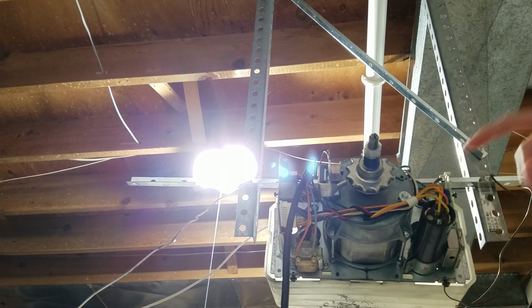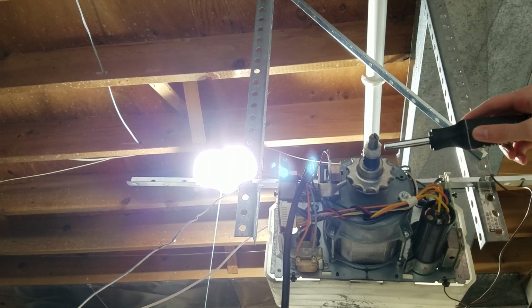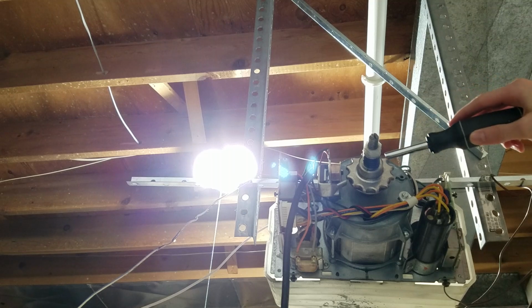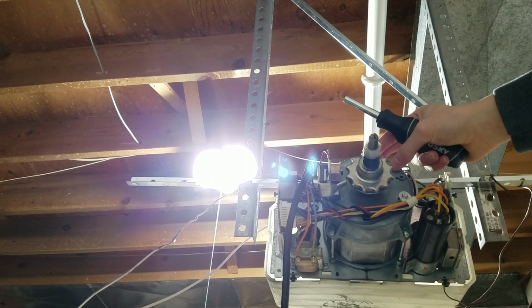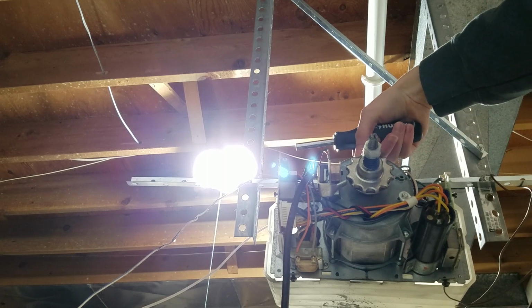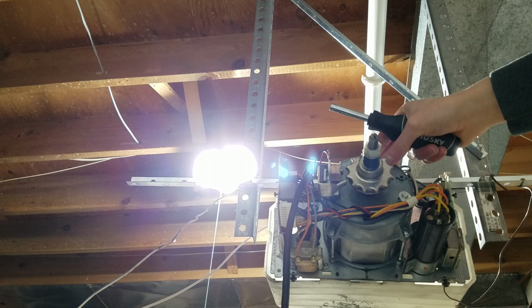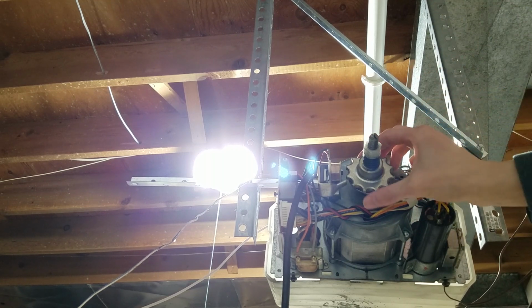The same deal for this board. The motor itself, the big problem on these is this back piece here, which is called the end bell. If you have these on a particularly heavy door, these end bells would tend to crack, and they would be really small cracks, and you wouldn't really notice it until you ran the door. And basically, as you know, this here,